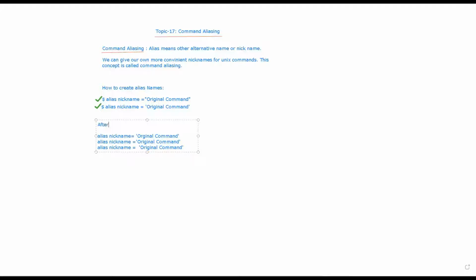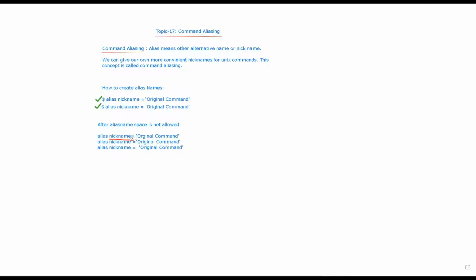So basically, after the alias name, space is not allowed, right? Means you should not keep a space once you create the alias name.